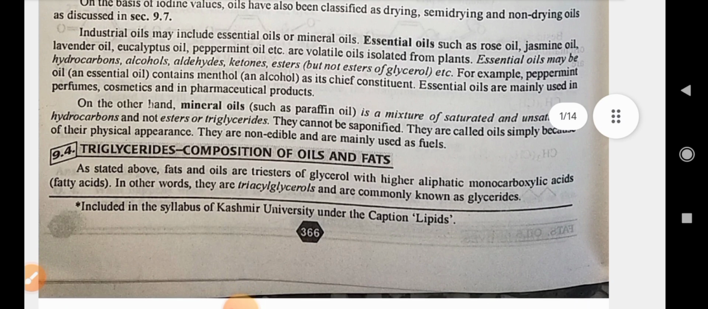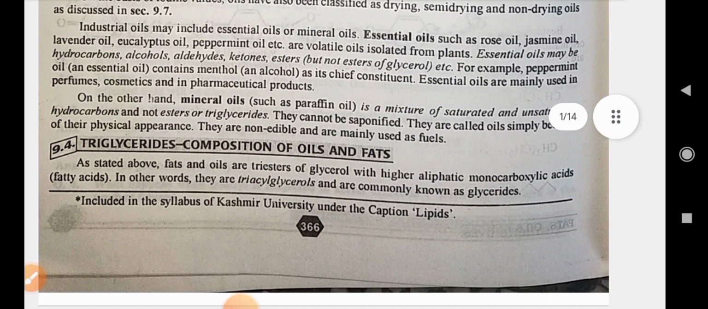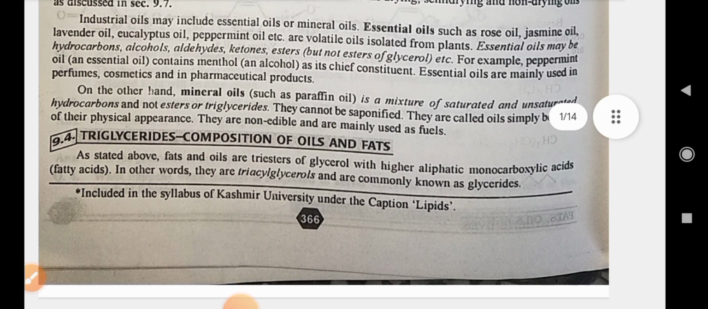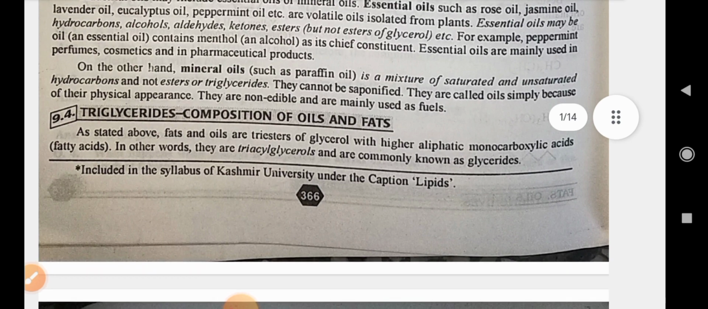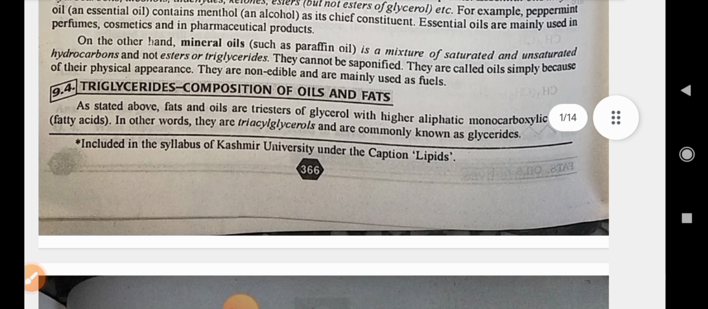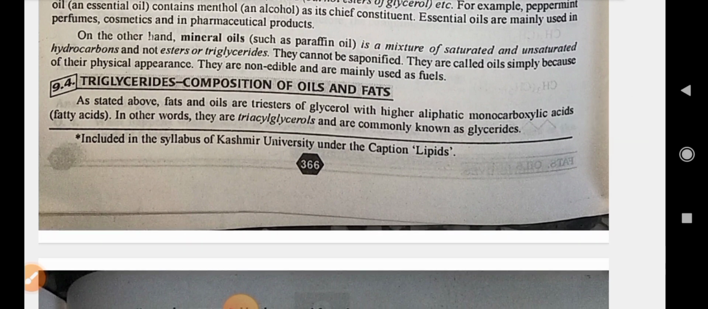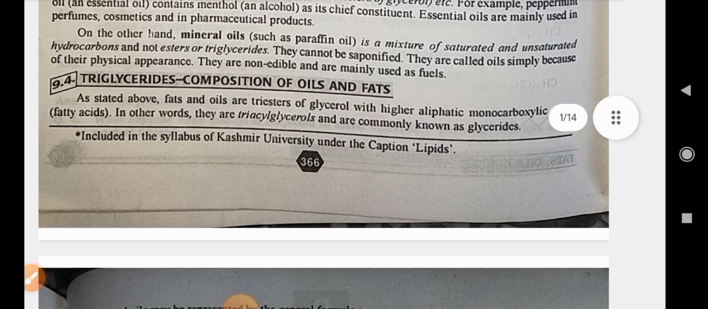Essential oils such as rose oil, jasmine oil, lavender oil, eucalyptus oil, peppermint oil, etc. are volatile oils isolated from plants. Essential oils may be hydrocarbons, alcohols, aldehydes, ketones, esters, etc. For example, peppermint oil contains menthol as its chief constituent. Essential oils are mainly used in perfumes, cosmetics, and pharmaceutical products. On the other hand, mineral oils are a mixture of saturated and unsaturated hydrocarbons and not esters of